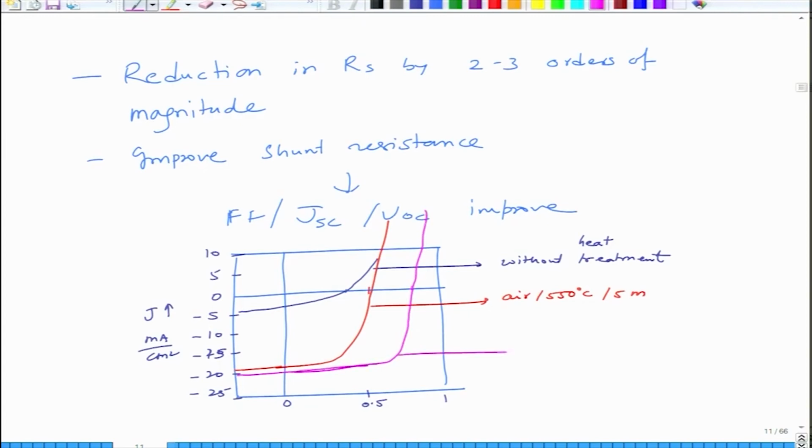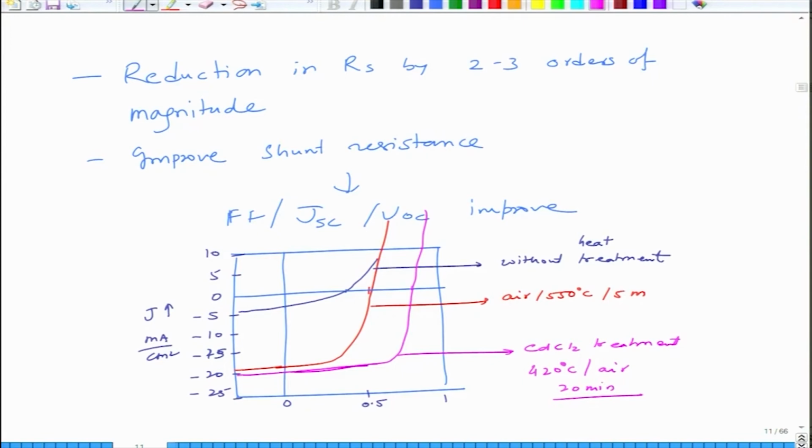So this is for CdCl2 treatment, 420 degree centigrade in air. So, it is 20 minutes. So, CdCl2 treatment in air is a critical thing to improve the performance, and this is what one observes in